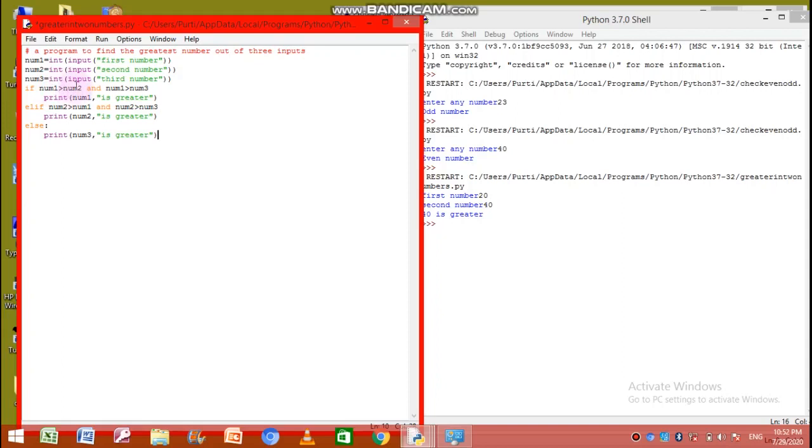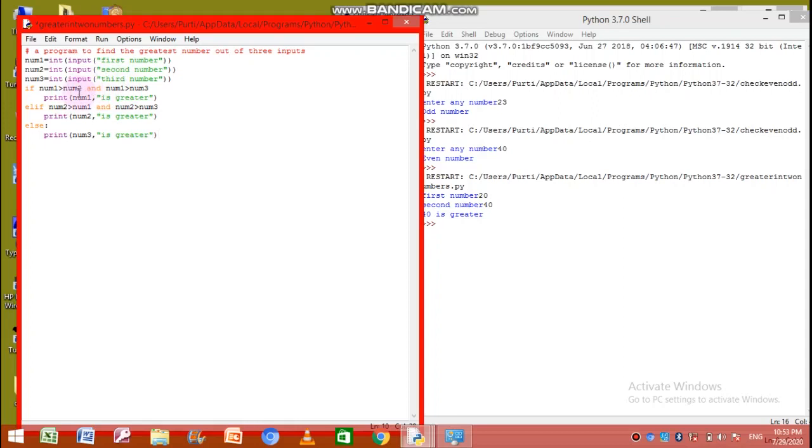So if both the results, if num1 is greater than num2, returns a true, and num1 is greater than num3, returns a true. And because AND is placed over here, you know well, AND is a logical operator, so it also returns true or false. When both the conditions return a true, then it will return a true. Otherwise, if any of the condition will return a false, it will return the overall false, and depending on that overall result, the statement will execute or be skipped.